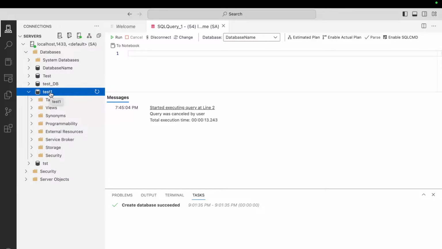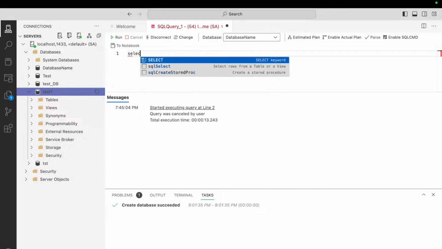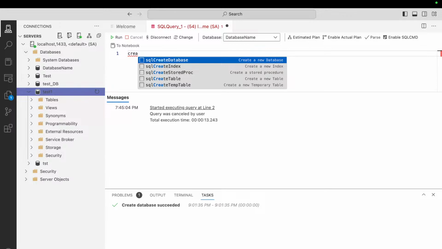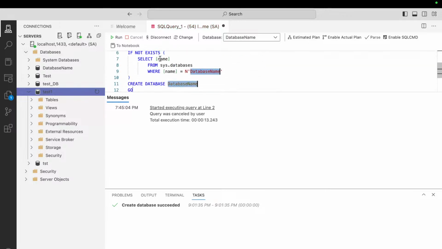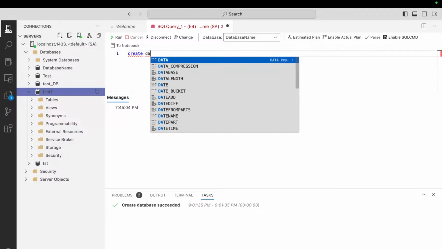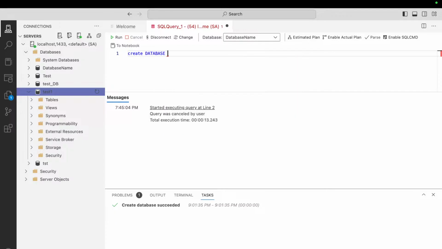The second way is to use the create command: create database test2, like this, and run this code.